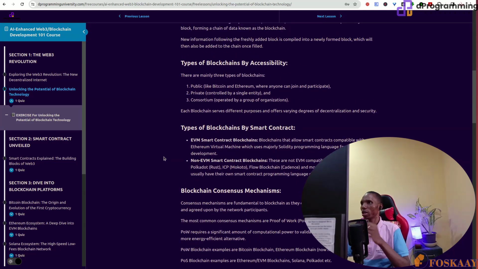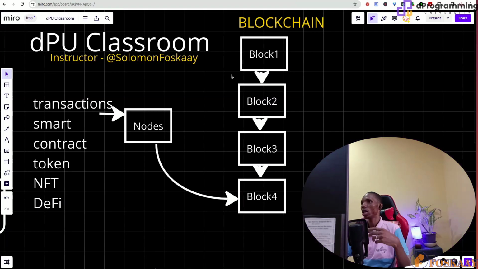When you talk about types of blockchain by accessibility, we have private blockchain, public blockchain, and maybe a consortium. The public blockchains, which are popularly what we know, like Bitcoin, Ethereum, Solana, and the likes, are accessible to everybody, and usually their transactions are public. So you can go online and check the transactions through their explorer and have access to them.